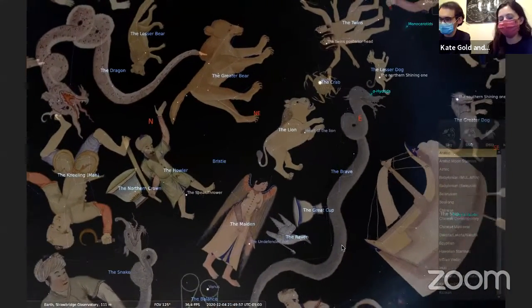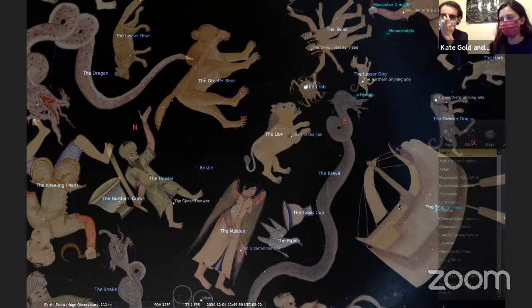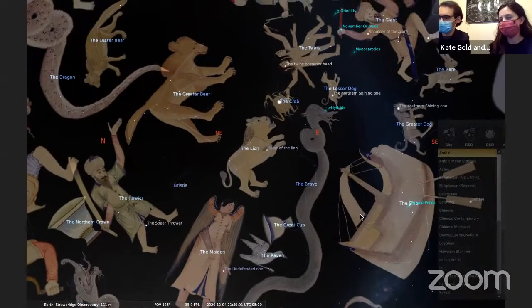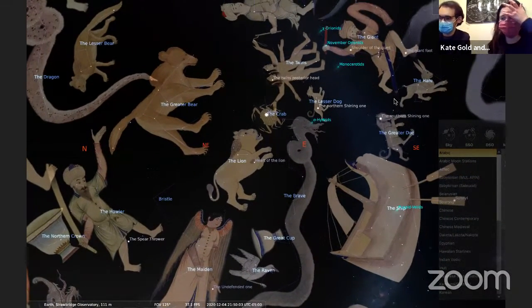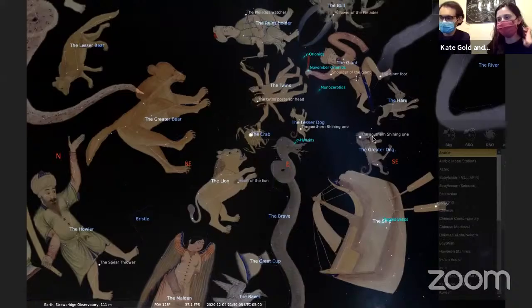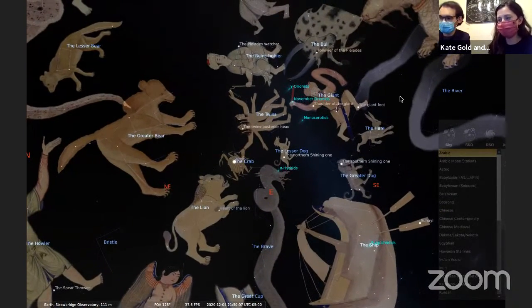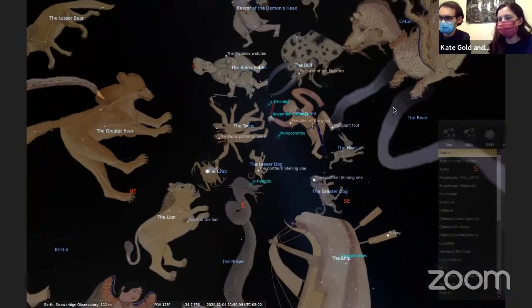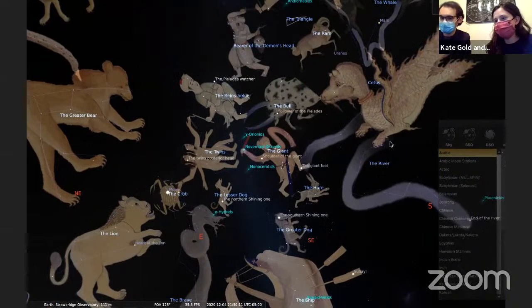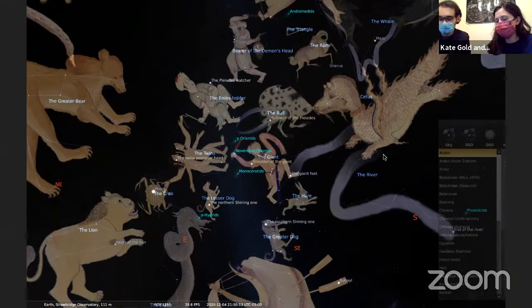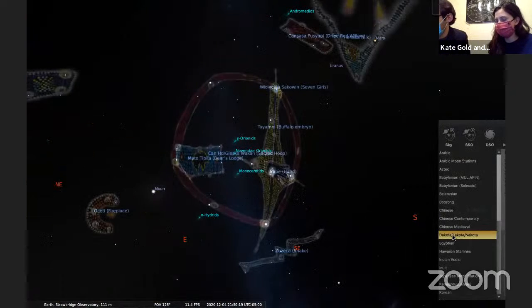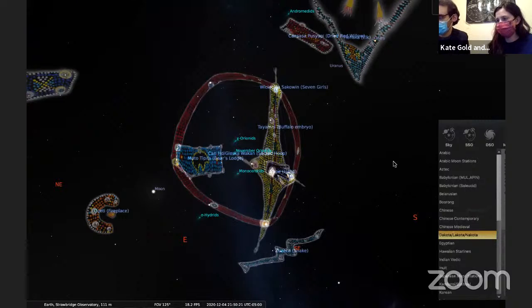And you're welcome to use Stellarium on your computer, via a web model, or an app to see some of these for yourself. We're going to go through a few, but there are additional ones that we're not sharing today. Yeah, let's take a look. We can skip over to Dakota, Lakota, and Nakota constellations.